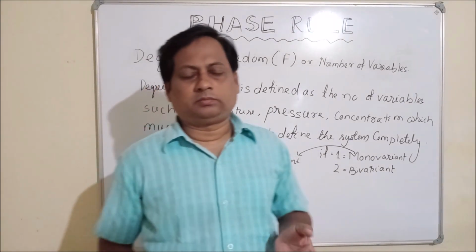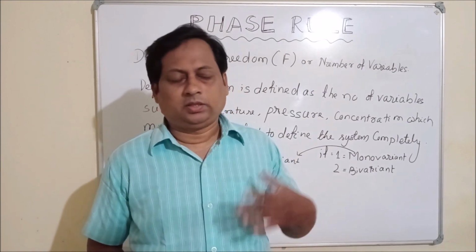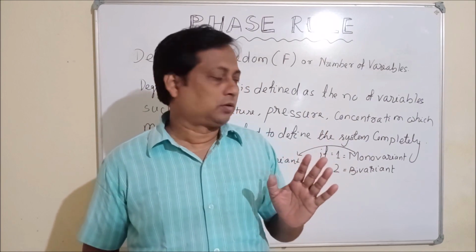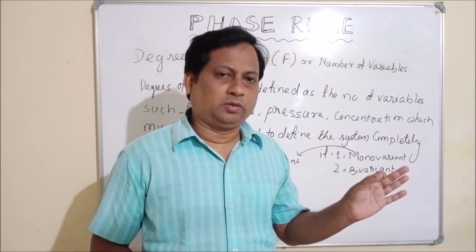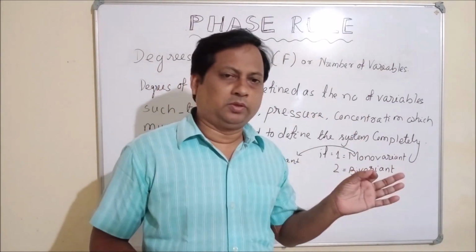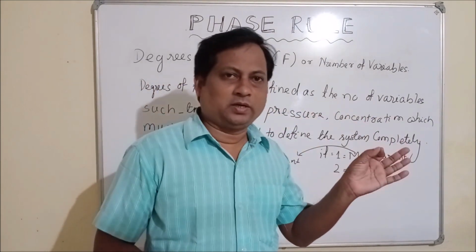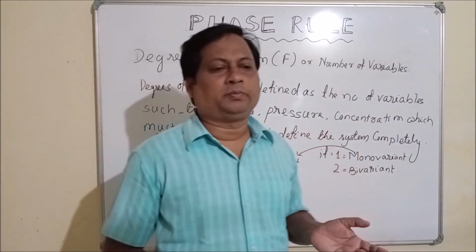So degrees of freedom is the number of variables. इस कौन सा वेरिएबल है इसके ऊपर. So जितना नंबर वेरिएबल होगा उतना उसका डिग्रीज ऑफ फ्रीडम होगा, ठीक है। तो 1 वेरिएबल, डिग्रीज ऑफ फ्रीडम 1, 2 वेरिएबल, डिग्रीज ऑफ फ्रीडम 2, if it is 2 then it is bivariate, if it is 3 trivariate, if it is 0 invariant. So these are the degrees of freedom, okay.